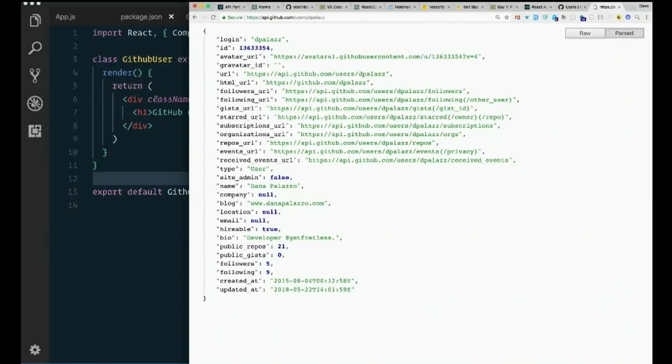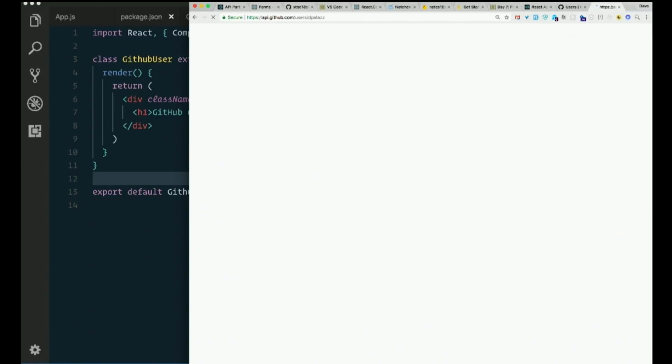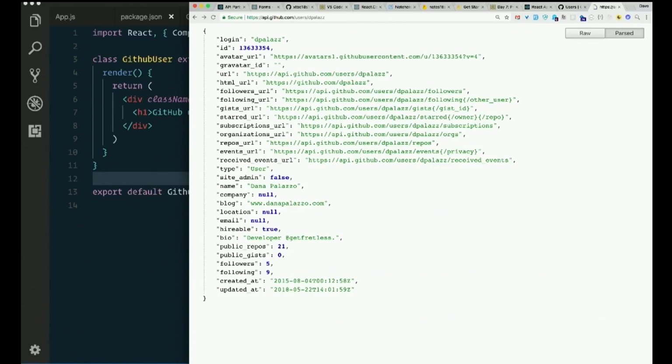There we go. It returns the avatar even. URL, HTML URL, so a link to the profile. Pretty cool. Followers, gists, whether you're a site admin, what kind of user you are, name, company, blog, location, email,